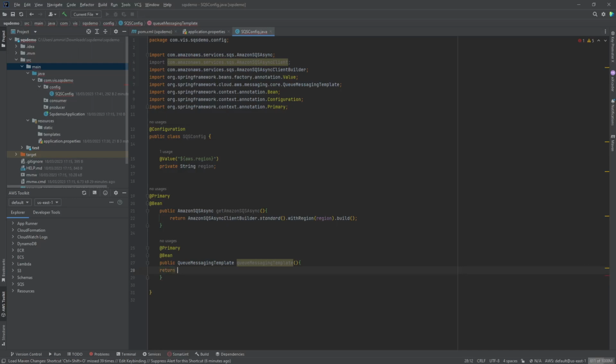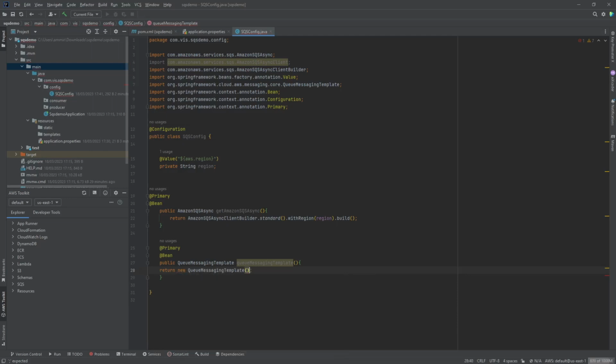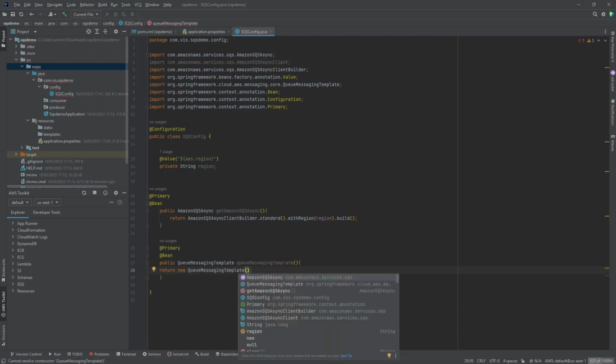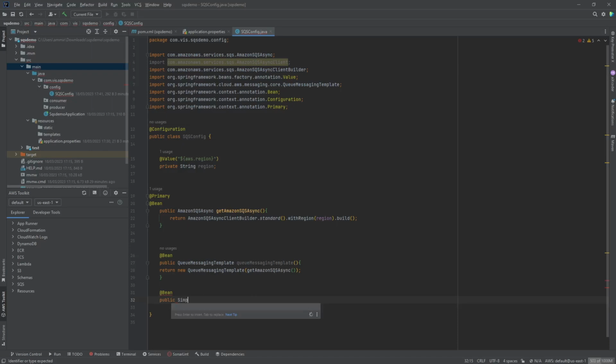So all I'm trying to say is I'm trying to create a new instance of a queue, and this will typically take a parameter, which is my async client. The first bean that I have created, I'm trying to pass that bean, and I need not have a primary one on it. And in terms of the third bean that I have mentioned, I'm going to create a simple